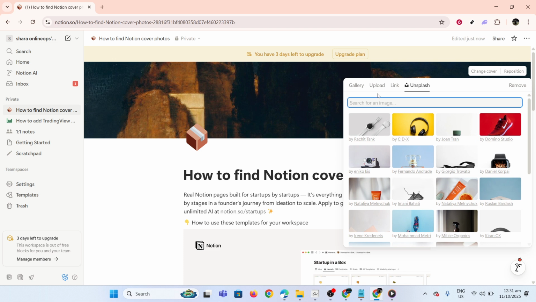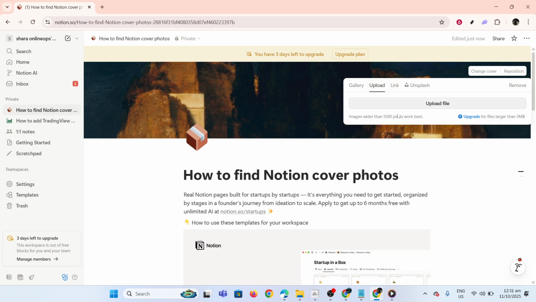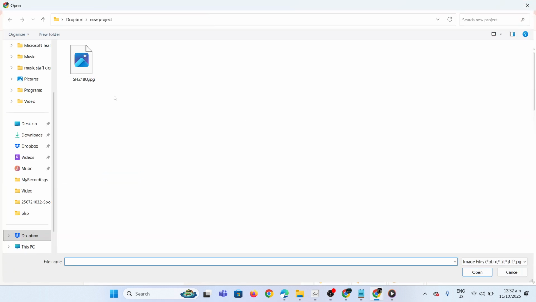Alternatively, if you have a specific image in mind from your personal collection, you can opt for the upload option. This allows you to select and add a photo directly from your computer. Think about a favorite photograph or perhaps an artwork you've created that inspires you. Having something personal like this featured on your Notion page can really set the tone for a more enjoyable and